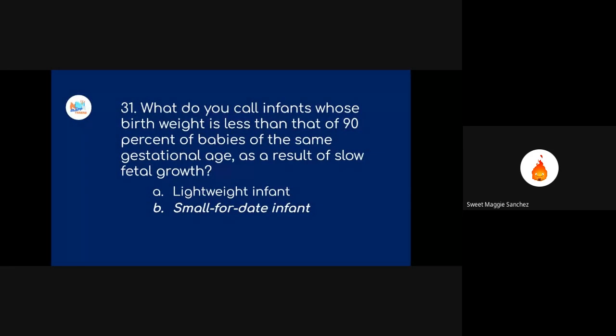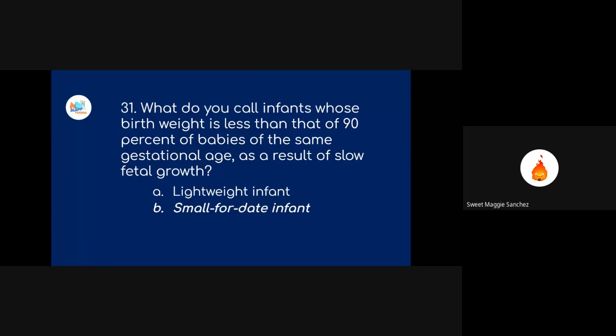Next question. So, what do you call infants whose birth weight is less than that of 90% of babies at the same gestational age as a result of slow fetal growth? So, the correct term is small for date infant. So, yung choice of words pa lang, no? You're too small sa iyong assigned period. So, kasi